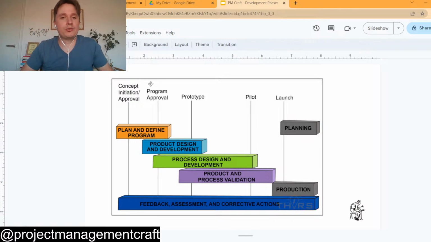So in this initial phase of your project, you are looking for understanding the requirements, a proof of concept, and have an overview to make sure that you have a business case, of course. Then you get a program approval there. So in this case, it's still a conceptual design. And of course, once you get the product approval, it's when you're going to move to what's called the product